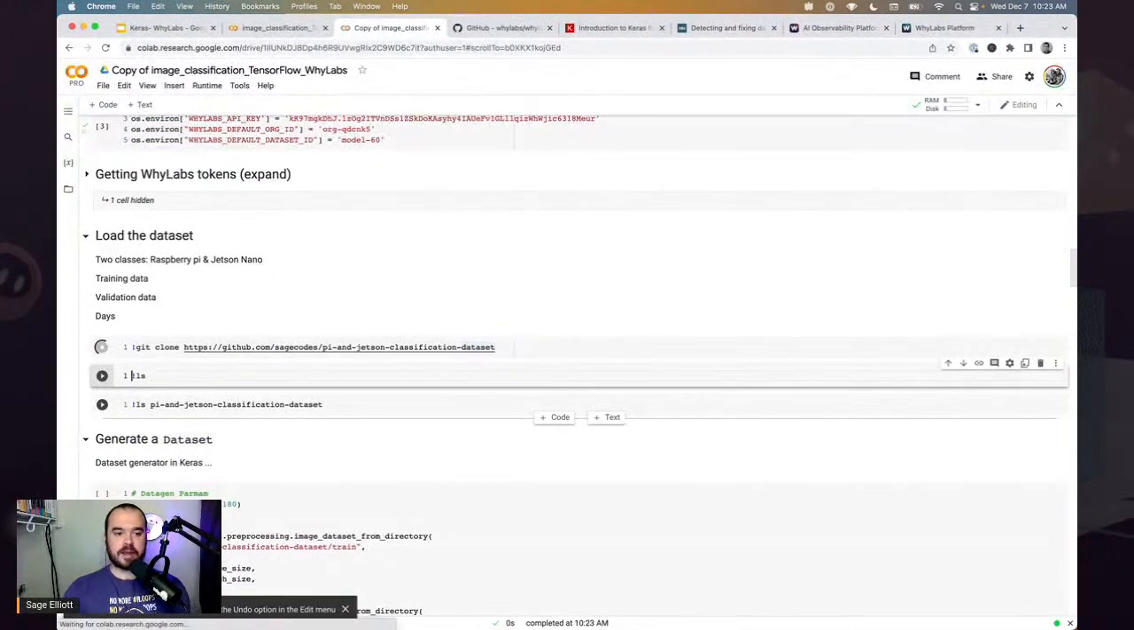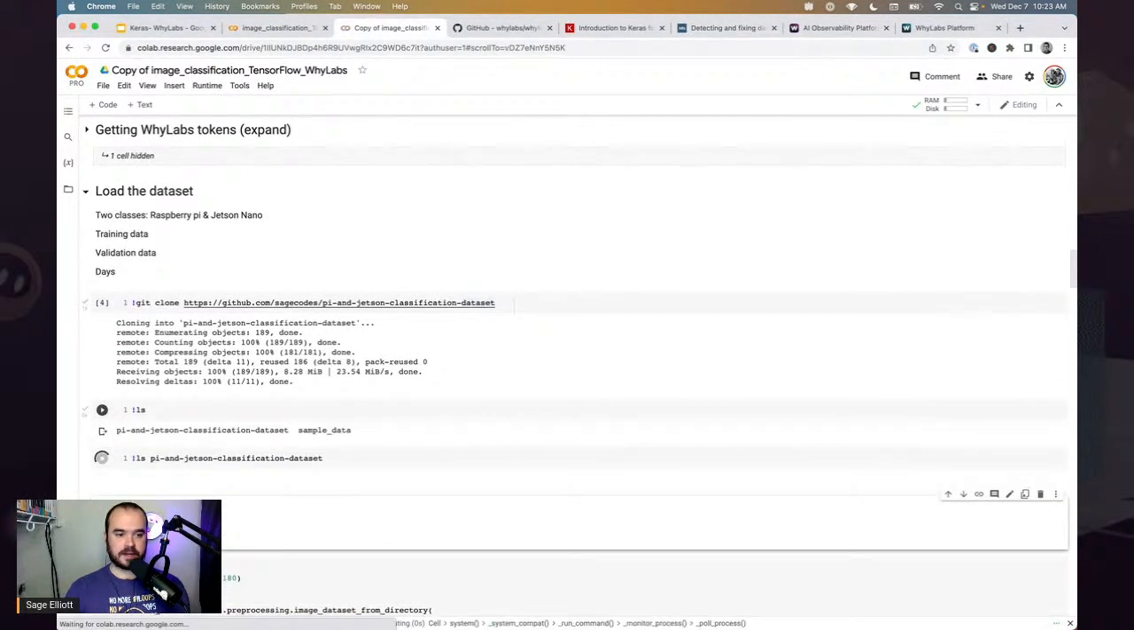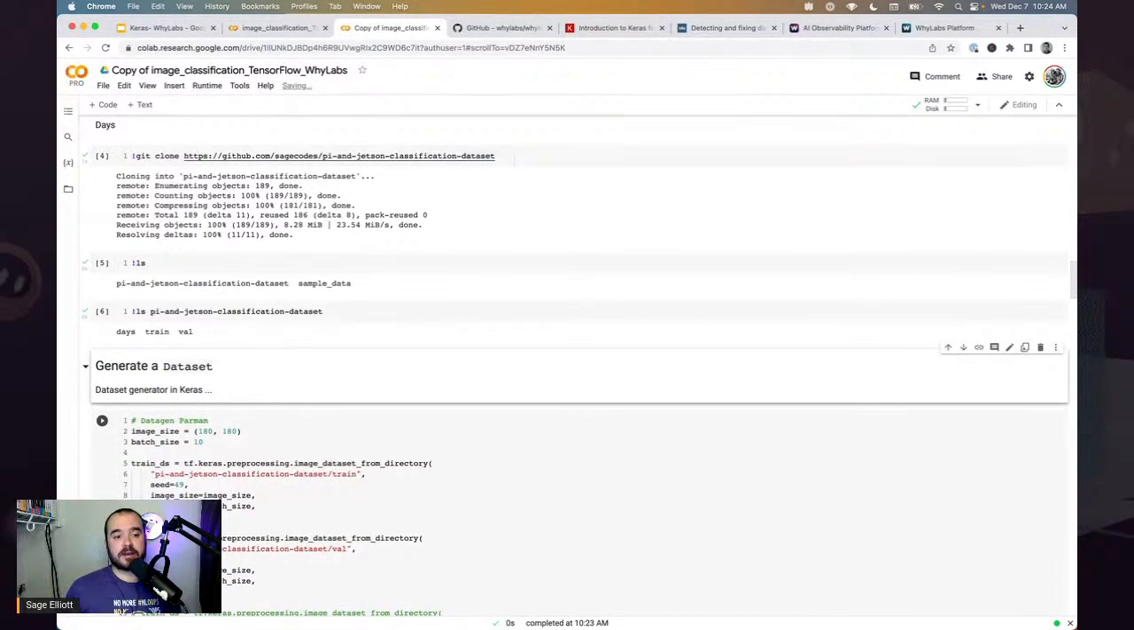All right, so let's go ahead and clone our data set. This is a small little data set that contains Raspberry Pis and Jetson Nanos. They're both little edge computing devices if you've never used them before. Inside of the data set, you'll see there's 3 folders. One's days, train, and val. So we're going to use the train for our training data set, the val as our validation data set, which is used when we train a deep learning model. As we're training it,